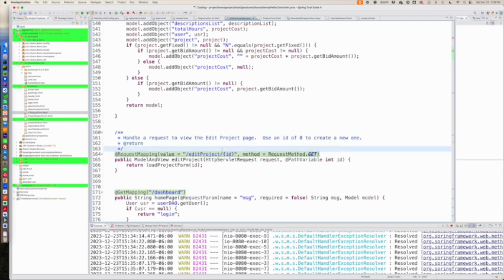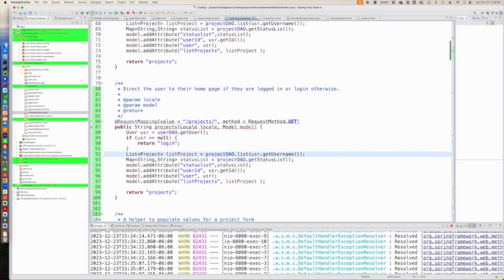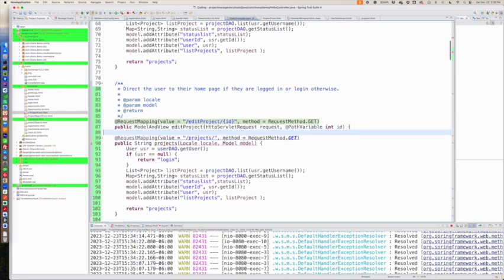And so we're going to take something. Let's go look at this. Very similar to what we did with edit project. So now if we do projects, second one, there we go. This is the second one. And what we want to do is send a, let's call it a code, which is going to be a one-letter code. And then we're going to make sure that we have a path variable that will take that. So we're going to do our request,